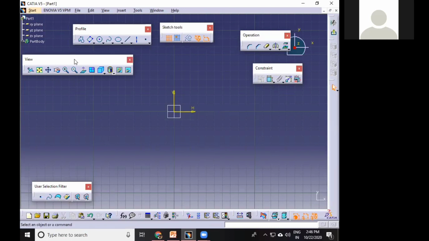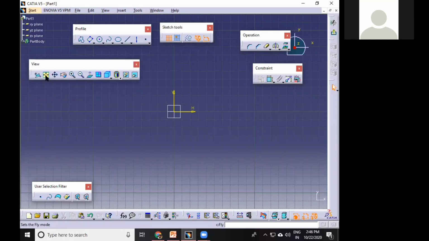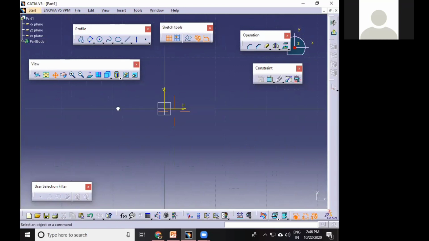Okay, in that, first there are some toolbars: view toolbar, profile toolbar, sketch toolbar and constraint operation toolbar. First, this is the view toolbar. View means, in that, first is fit all in, meaning to fit your screen. Okay, this is pan. Pan means rotate.